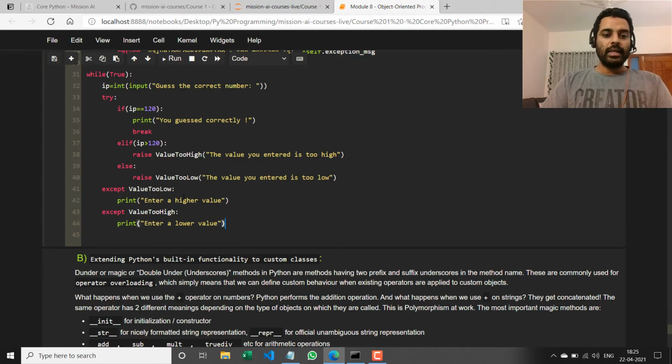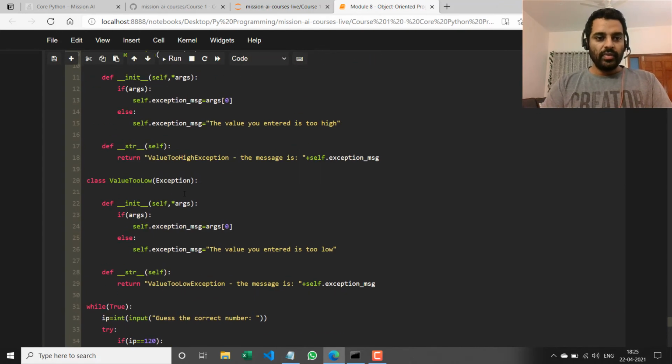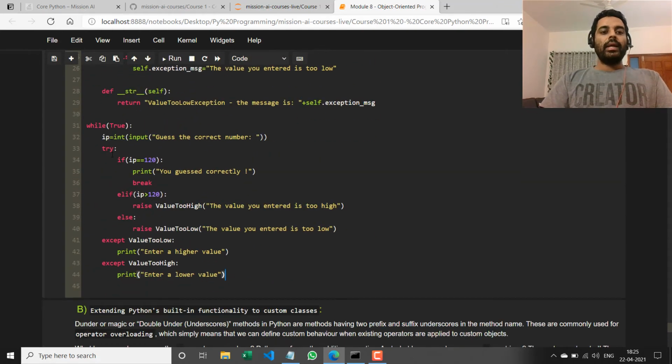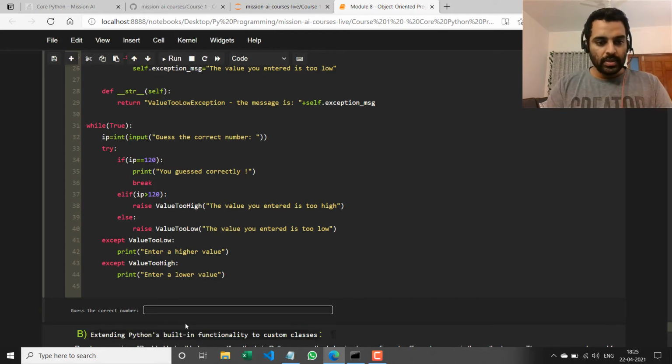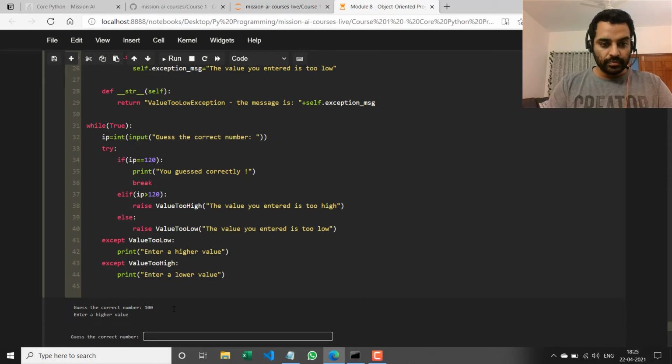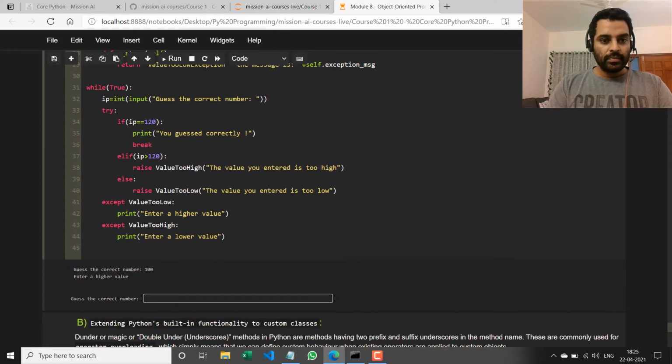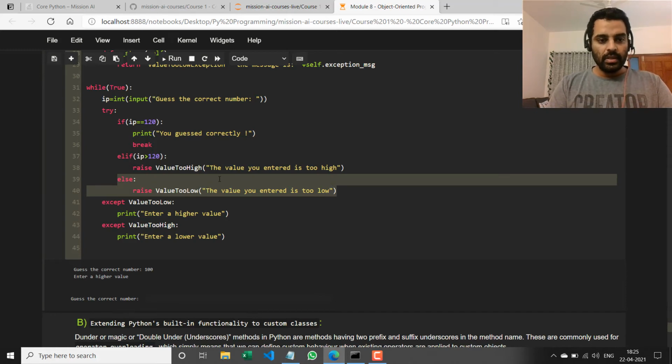Okay, so let me run it and see what happens. So I've defined these two classes, and I keep looping around till the person guesses the right number. Okay, so guess the correct number. Let me say 100. So what happened is the else clause got triggered.